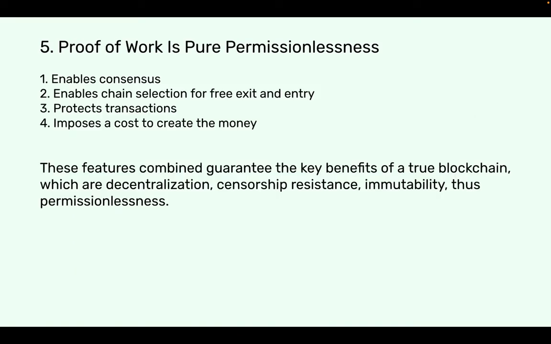5. Proof of work is pure permissionlessness. So proof of work, the mechanism has 5 features. 1, it enables consensus. Why? Because if you have such a large computing power, spending so much electricity producing a block, and then they send the block to the rest of the network to be verified and to adopt freely, anyone who wants to participate receives this block. And even if they receive many blocks of imposters, just by verifying that the work was done